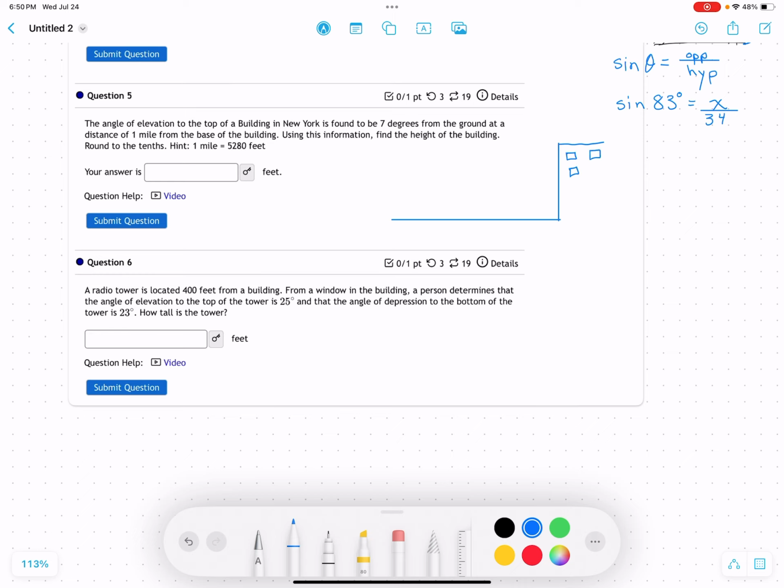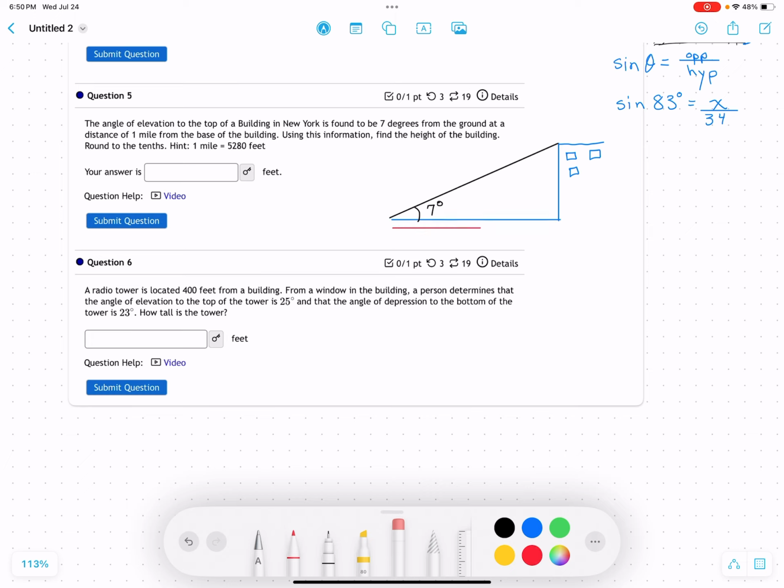The angle of elevation to the top of the building, that would be this angle right here, 7 degrees from the ground at a distance of 1 mile from the base of the building. So that means that this particular distance,